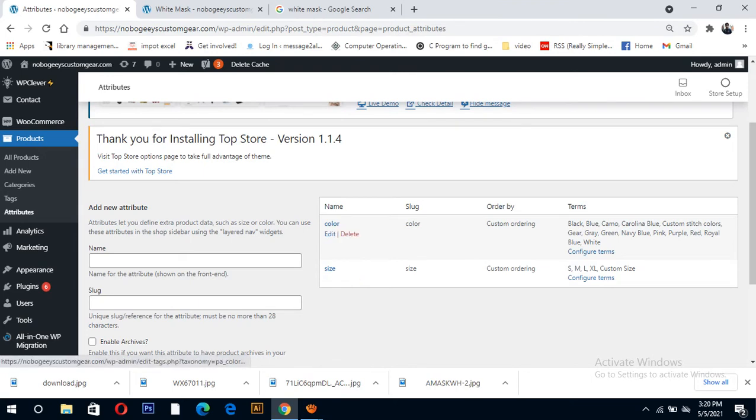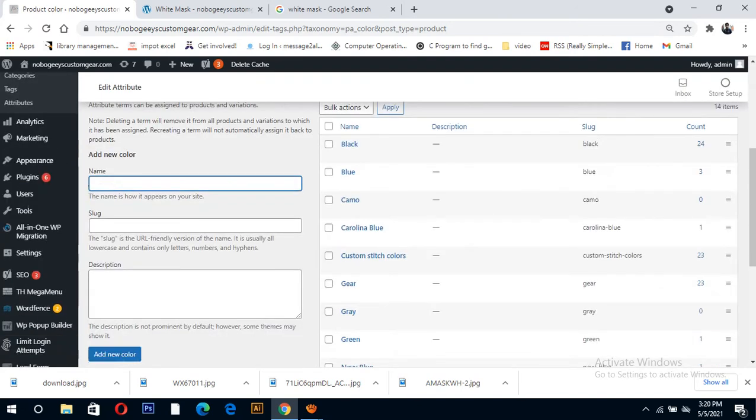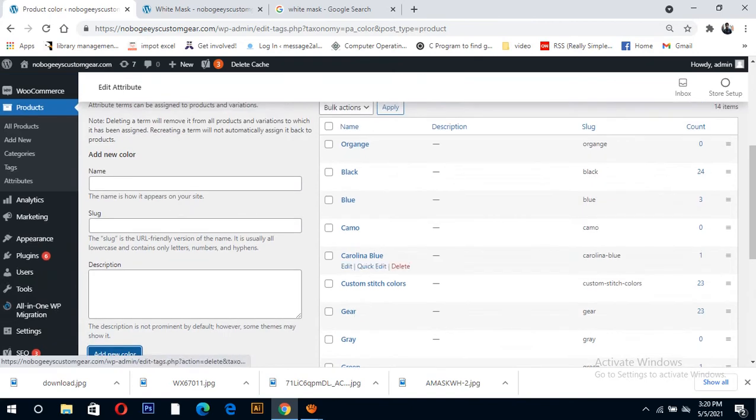If you want any color, click here configure terms, then you can add color orange, like that. If you want any more color, click here, then color.